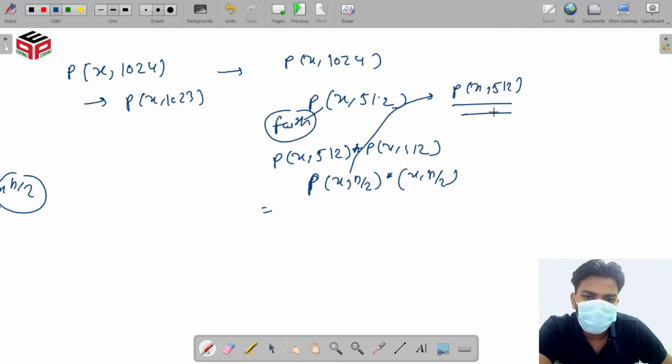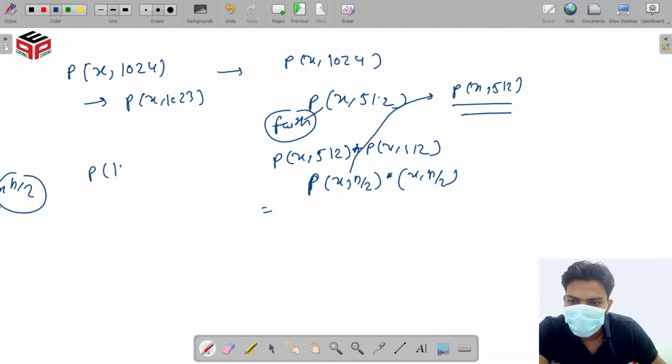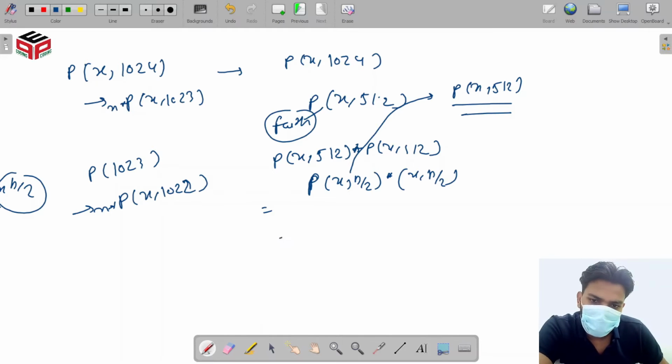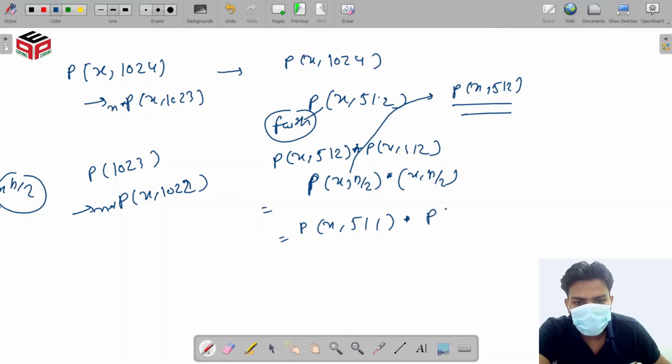But when we calculate power of 1023, in the previous approach we had faith on 1022 and then multiplied with x. But here, we want to calculate power of x comma 511 multiplied with power of x comma 511. Here n equal to 1023 is odd.